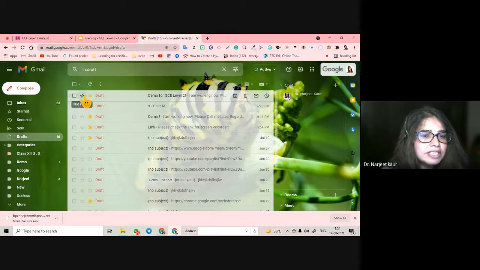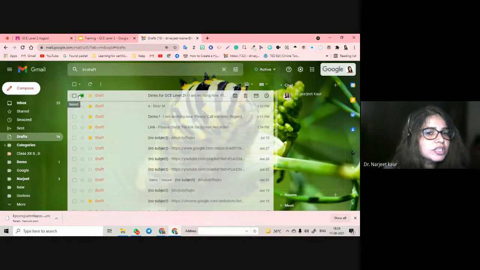Okay, now this is the star. It is not just a star. I can mark it yellow, I can mark it orange, I can mark it red. You keep on clicking and it will keep on changing the color or the shape of the star, right?